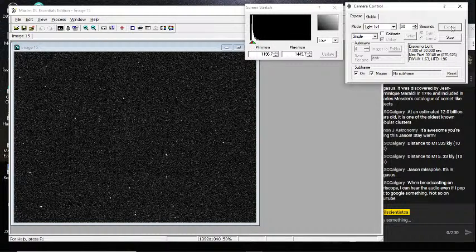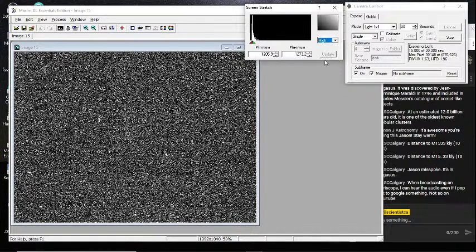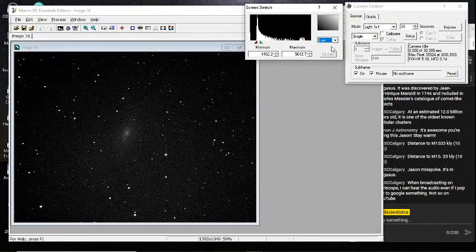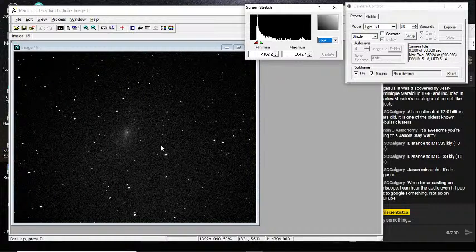So you can kind of faintly see something in the middle there. If I play with the screen stretch, maybe we'll see a little bit more of it. But yeah, it's kind of a faint blobby thing there. That's our target, Messier 110, which is an elliptical galaxy that orbits Messier 31 and the Andromeda Galaxy. It's a satellite. There we are. It's Messier 110. It's a satellite of the Andromeda Galaxy. It's an elliptical galaxy.